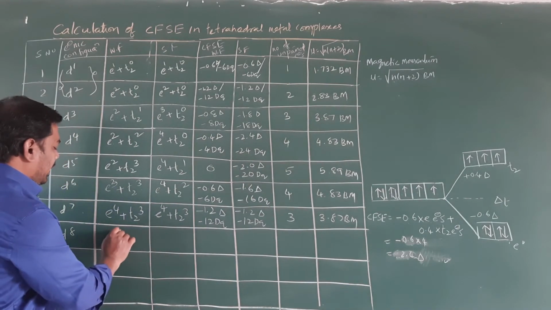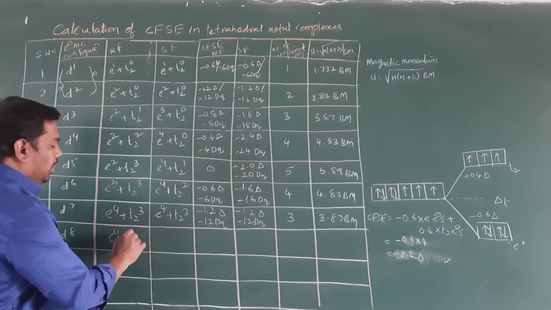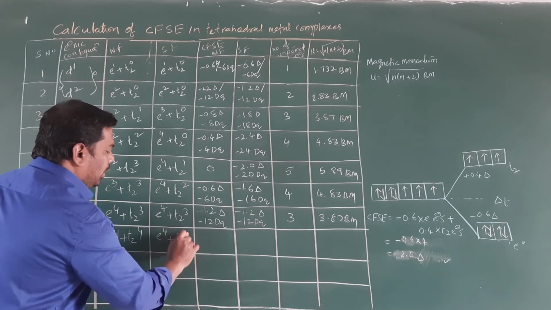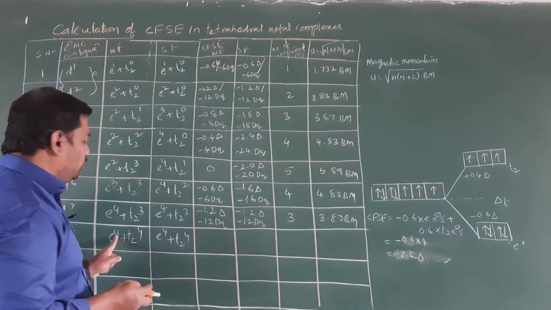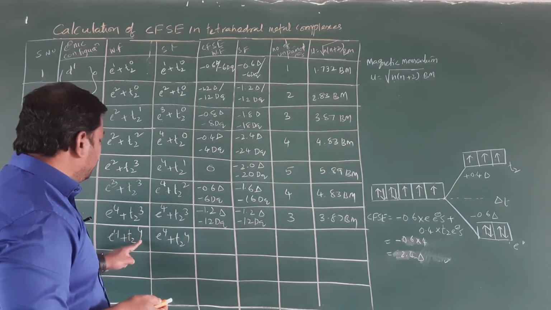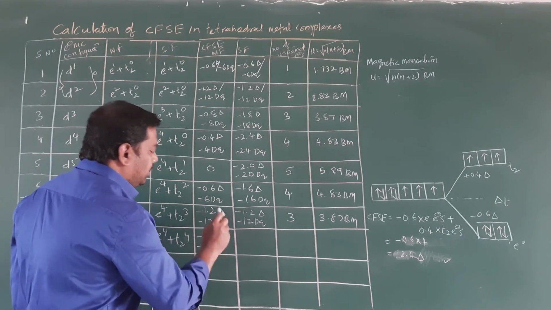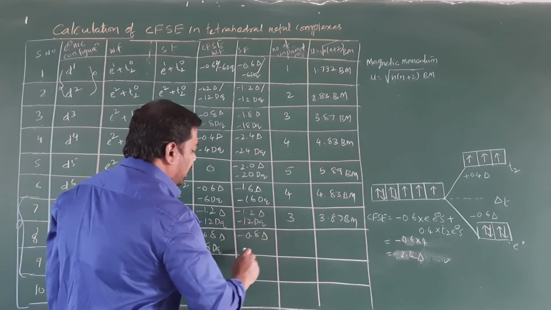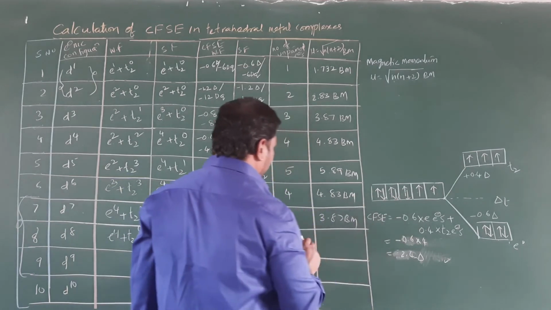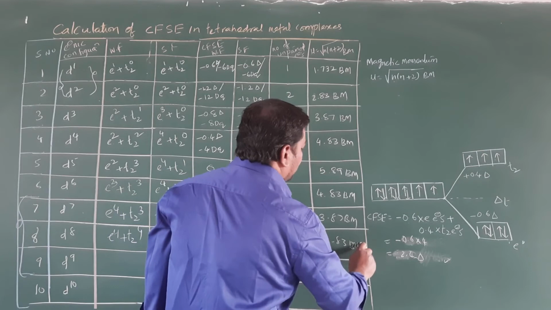Then for the D8 case, here it is already completely filled, so you can fill the electrons in the T2 level only. So that is T2^4. Here also E4 plus T2^4. E4 plus T2^4 means minus 2.4 plus 1.6, that is minus 0.8 Δ or minus 8 Dq. So the number of unpaired electrons is only 2. Therefore the magnetic moment is 2.83 Bohr magneton.